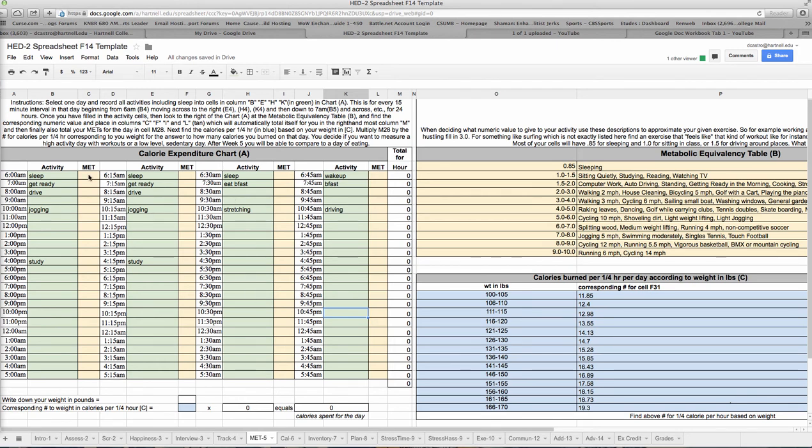The next most important step is to fill in these yellow areas. So you can see this is matching with this color over here. What you'll need to do is get a numeric value for the activity that you're doing. So for sleep, that's going to be the very lowest level activity, so that's going to be 0.85, and I'm going to have 0.85 for all the times that I'm sleeping, and then that would of course carry over into,